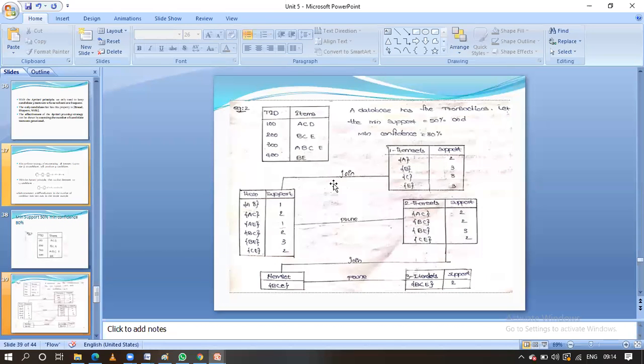For this one we have to generate the candidate 2 item set. For that we have to write down all the combinations. Here D is eliminated. Why? Because it is infrequent. We are not going to get that D in the next item set, because that is the principle of the Apriori algorithm. Am I right or wrong? The Apriori algorithm principle is whenever an item is infrequent, all its supersets will be infrequent.